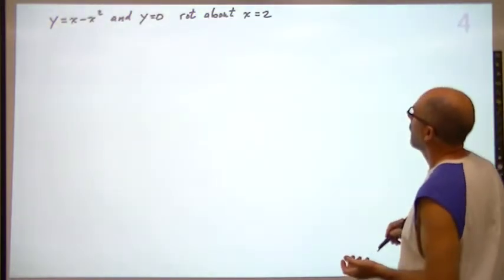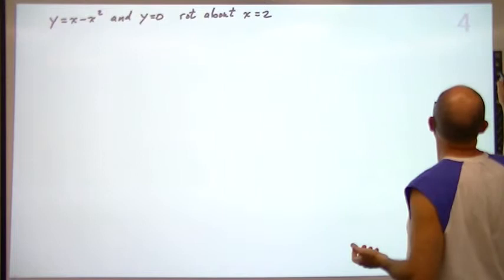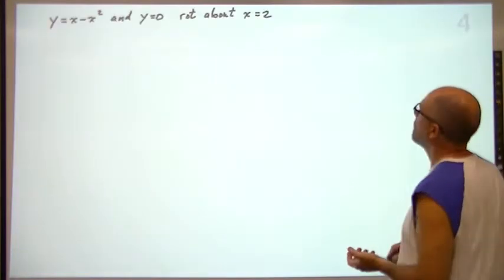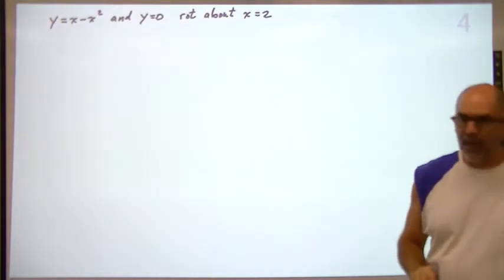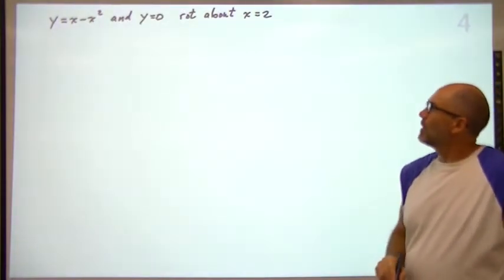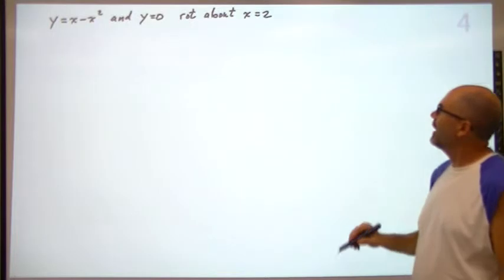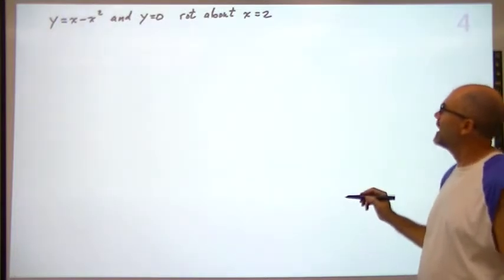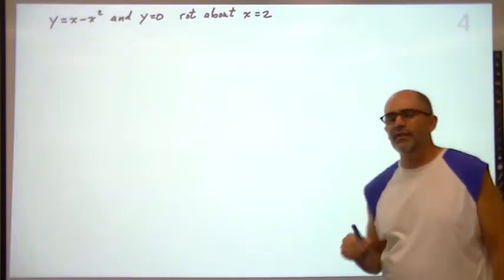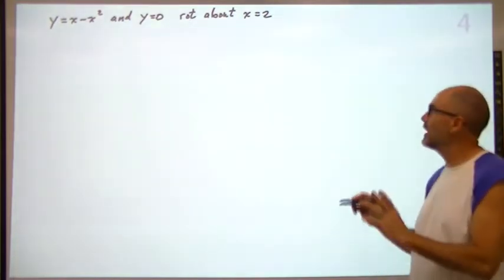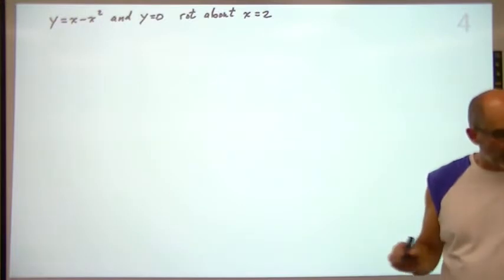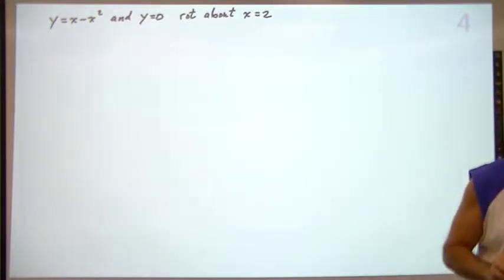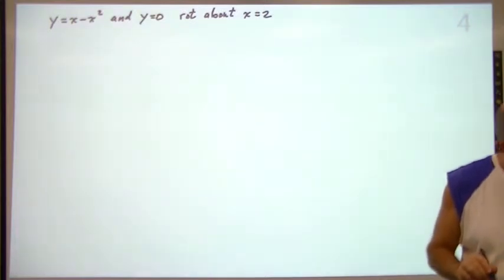Okay. Yeah. One more example, then we'll wrap it up. Okay, so we've got y equals x minus x squared and y equals 0 rotated about x equals 2. So this is going to give you an example of shells when the axis of rotation is not the x-axis or the y-axis. So we've got our parabola here, and